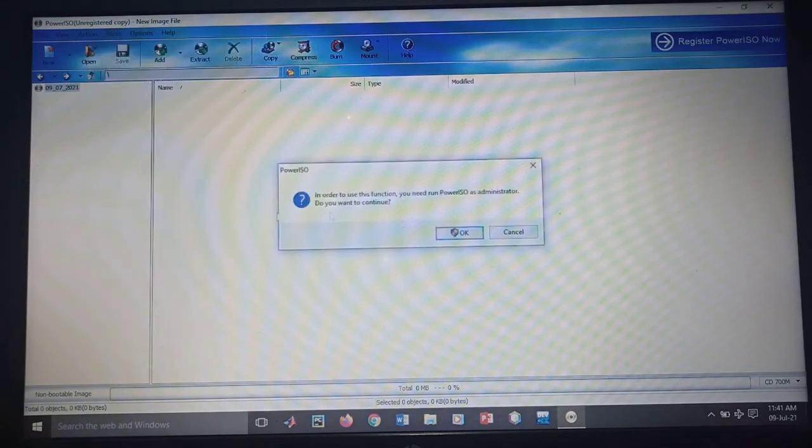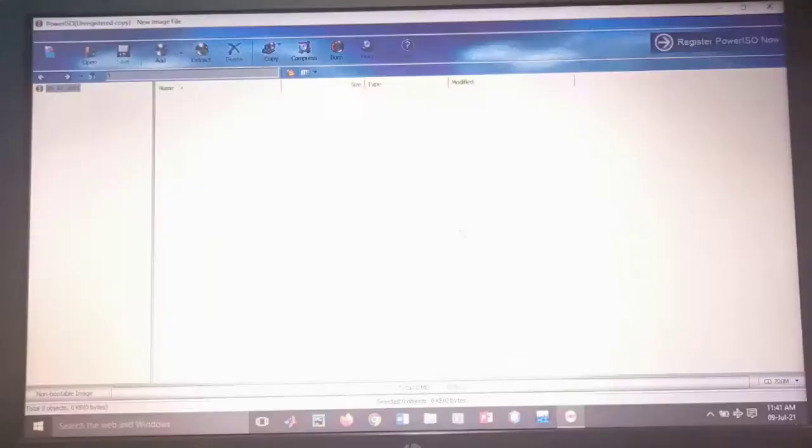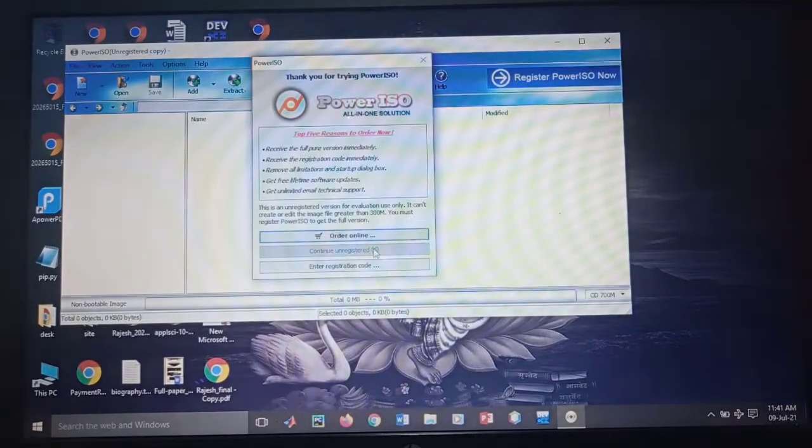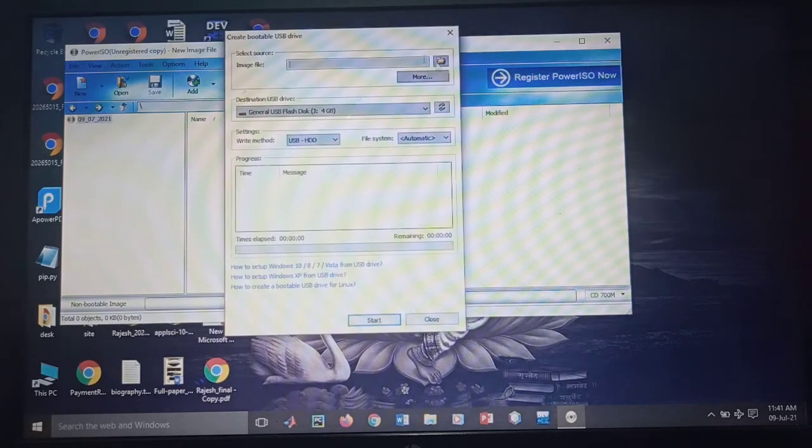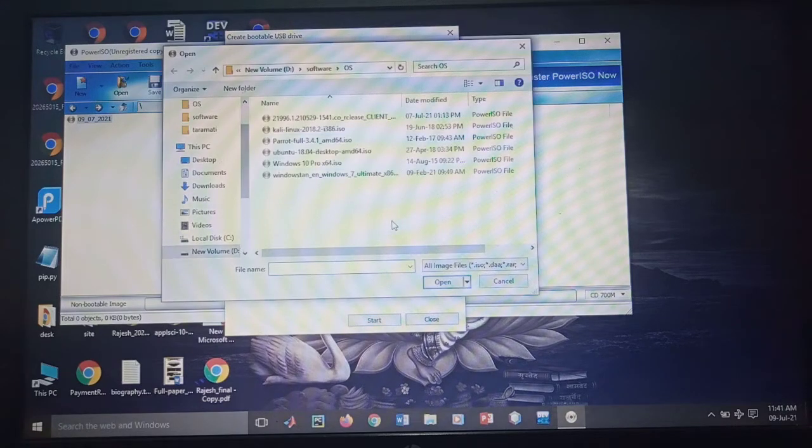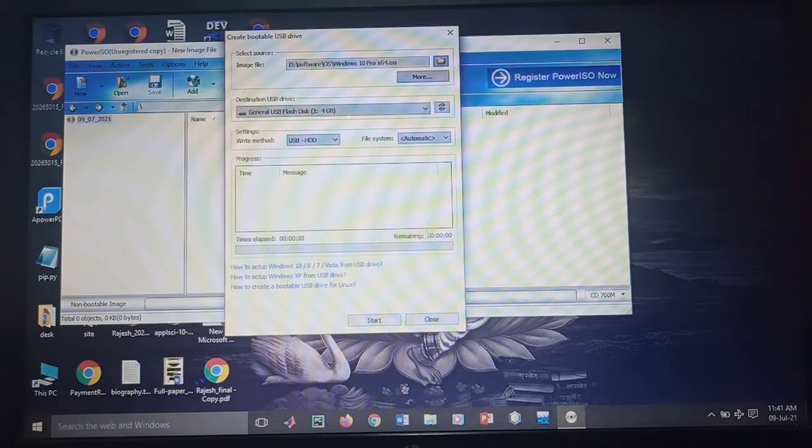So just select create bootable pen drive. It will also pop up to use administrative mode. After that, just select continue and register. Then you will see here you have to select the raw file, that is the ISO file for Windows 10. Here just select Windows 10 Pro, and it took some time